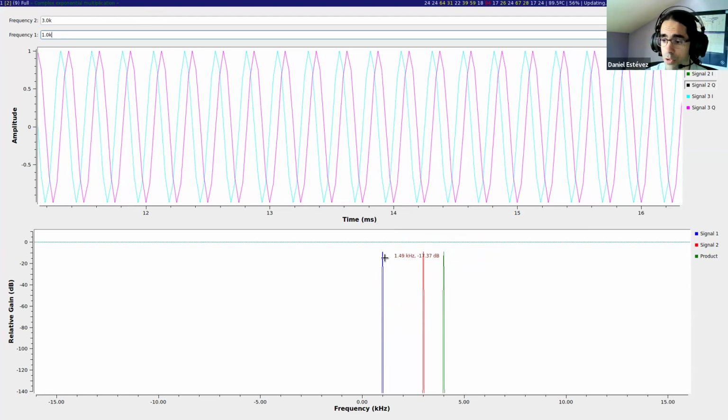So this is very useful because now instead of getting 2 copies of the signal and having to remove one with a low-pass filter, I just get my signal shifted in frequency. So for example, let's say that my signal is this one at 1 kilohertz, and I want to shift it very close to 0. What I can do is to